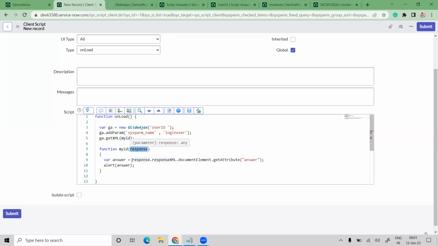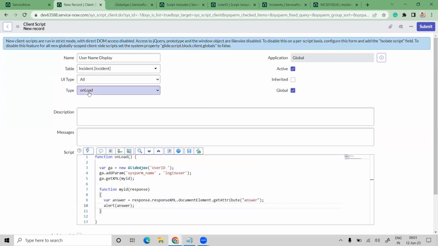I'm storing the response in an answer and displaying the answer. So here answer is nothing but the result of a script include. This will get executed whenever I load the incident form. Okay, so let me save this one